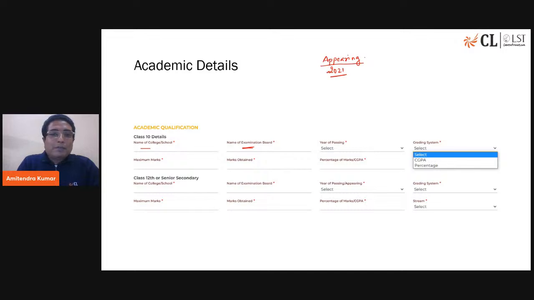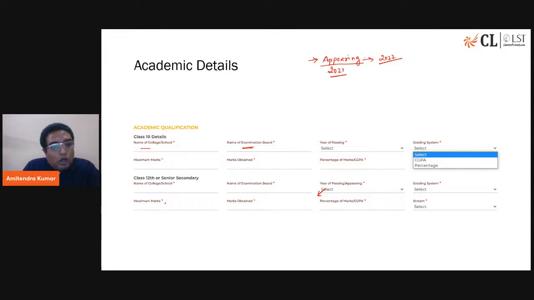In that case, depending on what your year of passing is, for class 10th and 12th, you'll have to be careful. The first one is about class 10, so you select the years. But when it comes to class 12th over here, you have the choice for appearing, which means all the students who are writing the board in 2022, February, March, April, you will select appearing. What will happen in that case? The moment you select appearing,